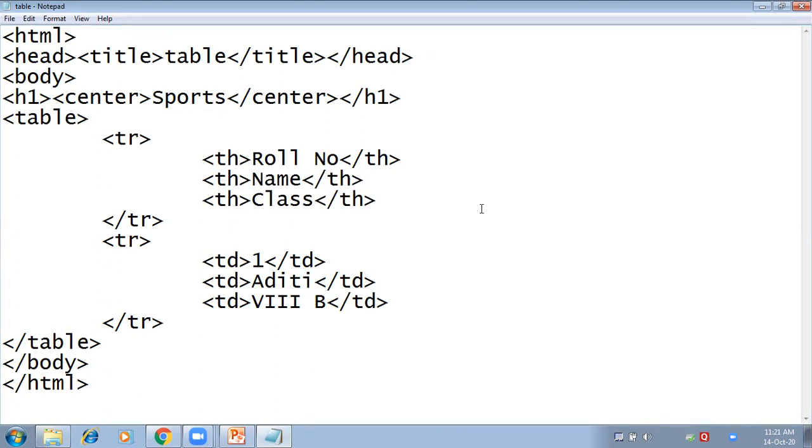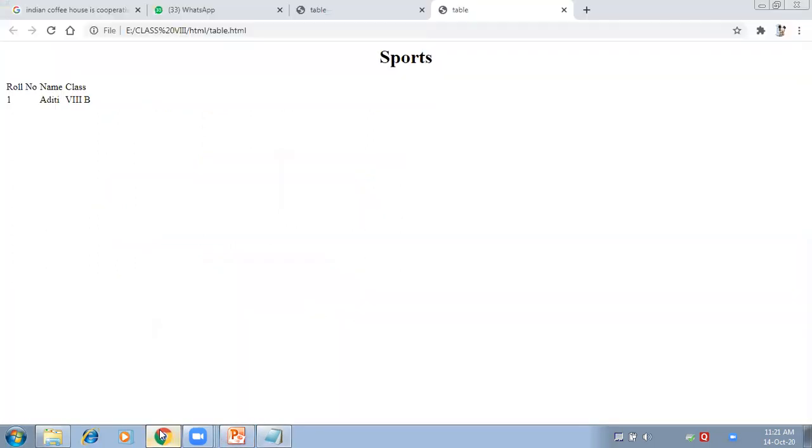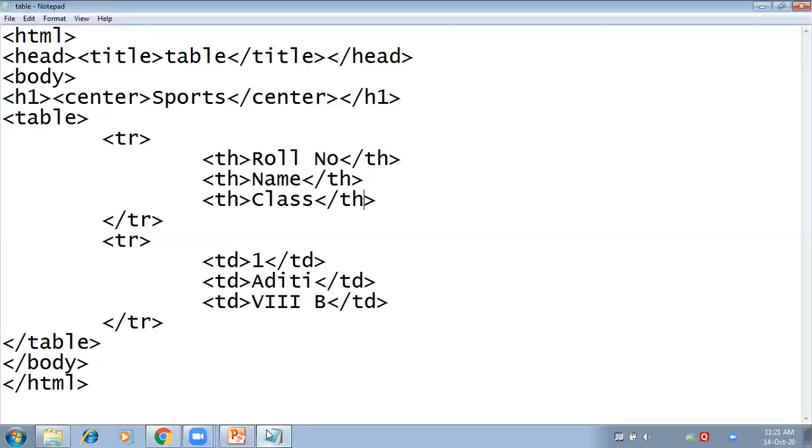That is your choice, how you want to display your content. Using TH, only one change will be there, that your headings will appear automatically, it will get bold. So F5. Okay, now as everybody can see, roll number, name, and class is now bold. So it is looking like a heading.